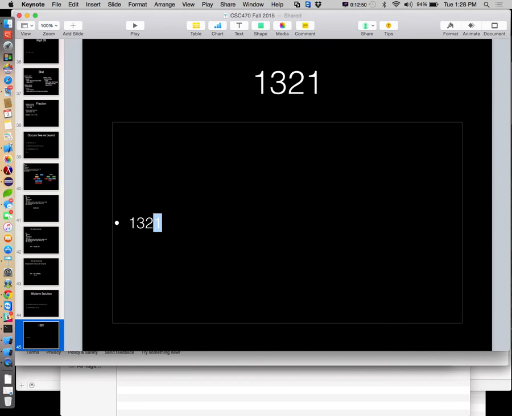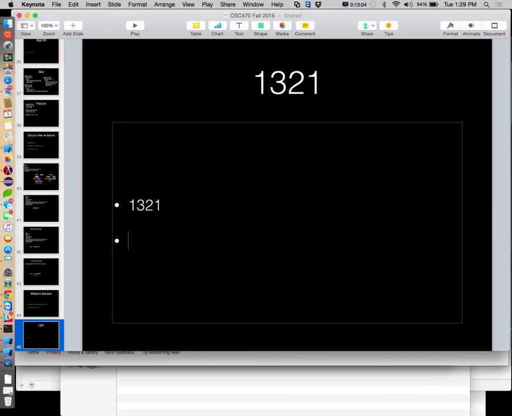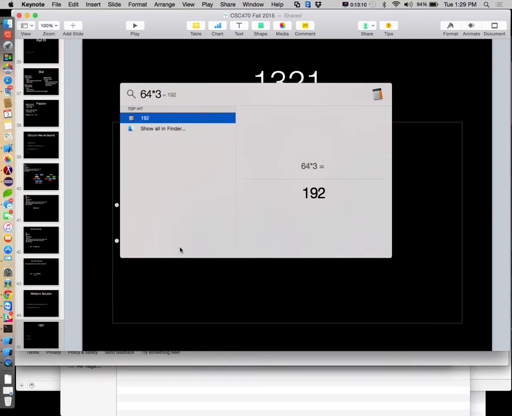The 1 is in which place? This is the 1's place. 8's place. 64's place. What's 64 times 8? 512. All right, so this is 512 plus 64 times 3, which is 192,